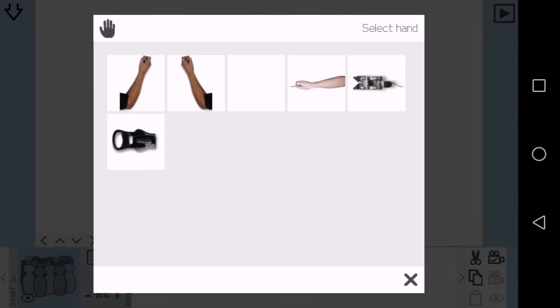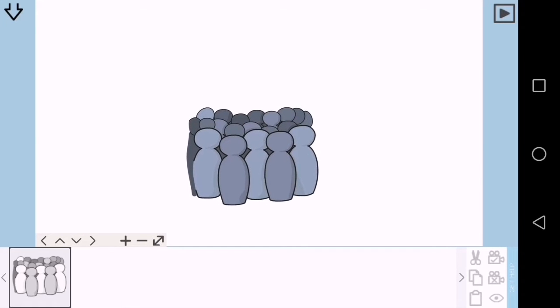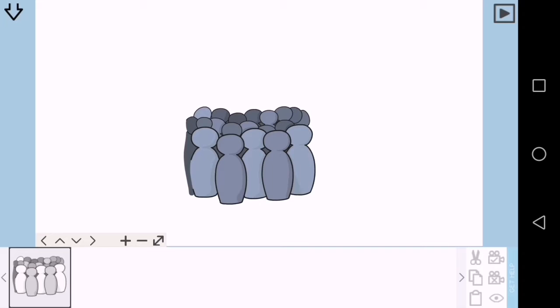There are so many types of it, six in total. For now I will choose the right hand. Okay, so let me test this out. You press the play button on the top right hand corner,